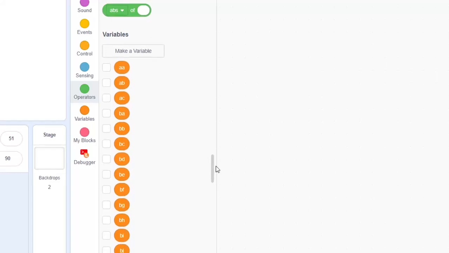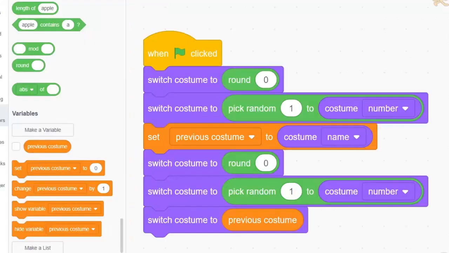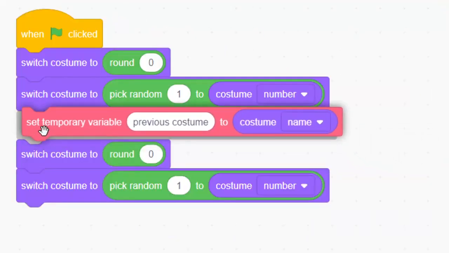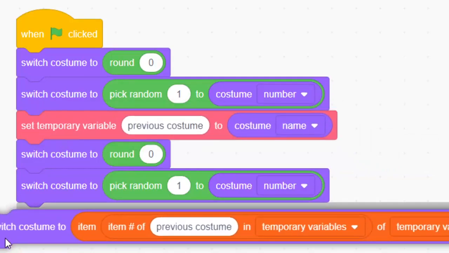Are you tired of unorganized messes in the variables section? Don't you hate having so many variables that only serve the smallest of purposes? Well, look no further. Temporary variables is here, and I'm here to teach you how to create and use them